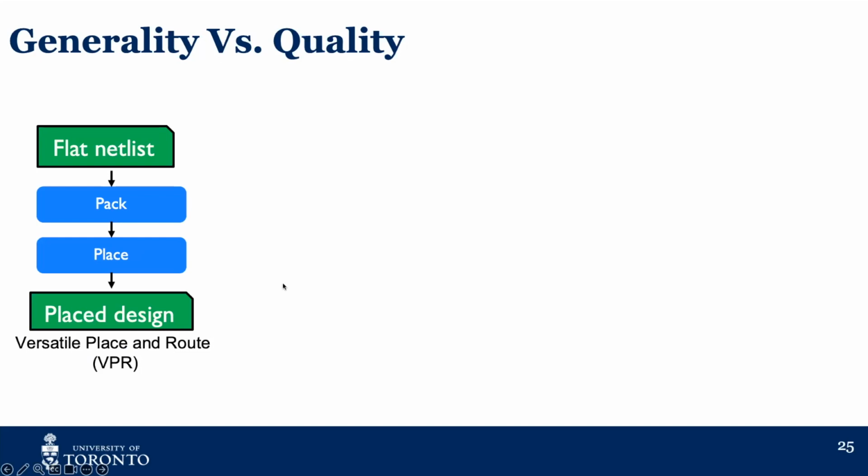This complete separation between packing and placement stages reduces the problem size, but it also makes it easier to handle the complex design rules of modern heterogeneous FPGAs, which makes the flow very generic and able to target arbitrary architectures. However, this complete separation leads to a suboptimal solution due to the lack of global optimization, because in placement we are very limited. We can't actually change the packing decisions that were made earlier in the flow,